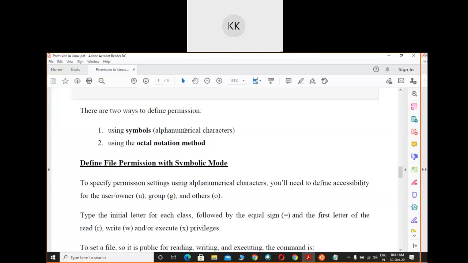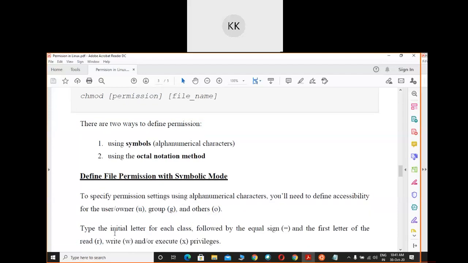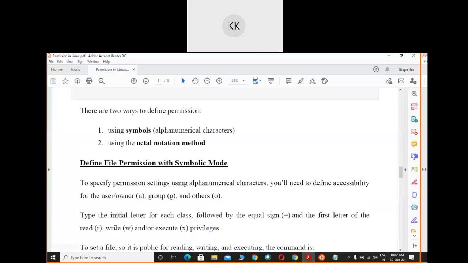Then type the initial letter for each class followed by the equal symbol. For read use R, for write W, and for execute X privilege.